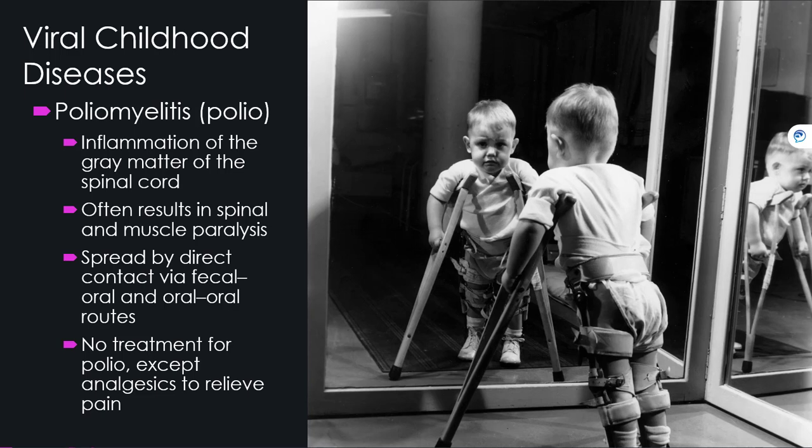A smaller proportion of the people with the polio virus infection will develop other more serious symptoms that affect the brain and spinal cord, including paresthesia, the feeling of pins and needles in the legs; meningitis, which is an infection of the covering of the spinal cord and/or the brain, and occurs in about 1 in 25 people with the polio virus infection; and paralysis, which means they cannot move parts of their body, or weakness in the arms, legs, or both, and occurs in about 1 out of 200 people with a polio virus infection.